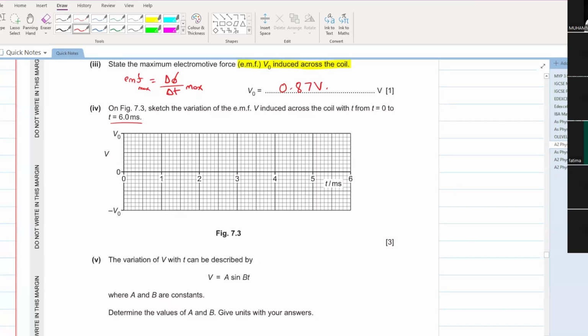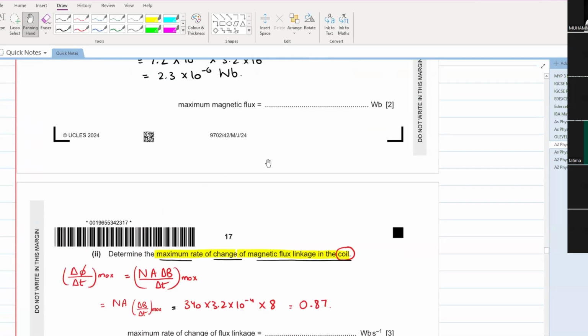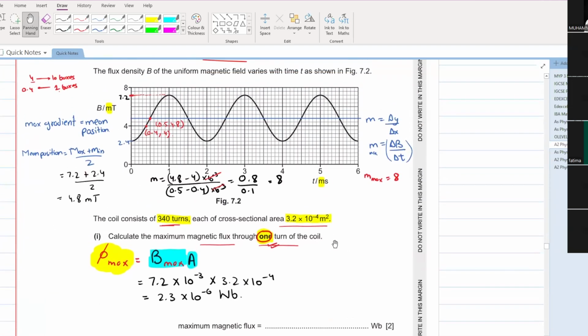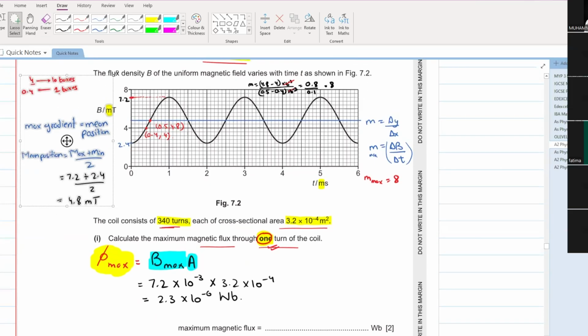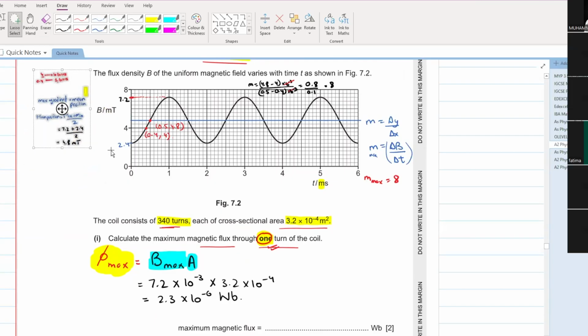Now, beta, you know that induced EMF. Now I think I will have to rub things here. Let's place the gradient calculation here. Minimize it. Okay, so now,